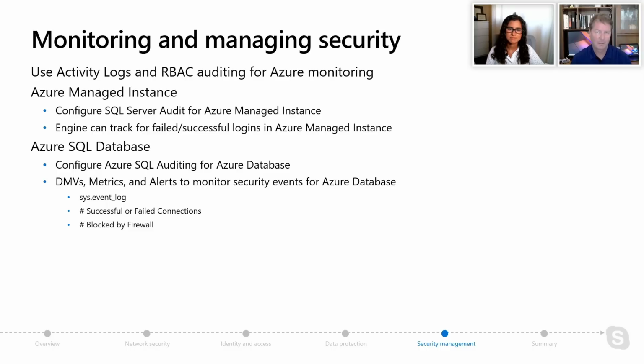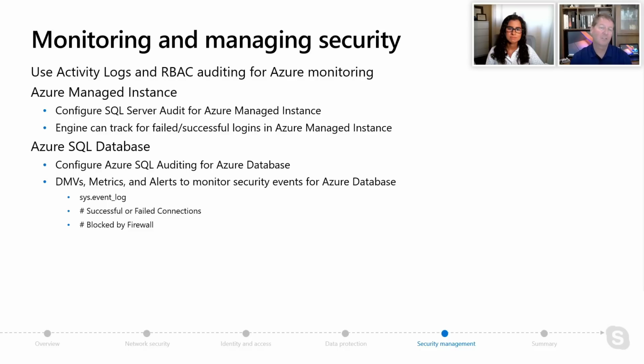Now, in addition, when we built SQL Azure or Azure SQL Database, we wanted to give you some additional things from a DMV perspective. So there's something called Event Log, and in there you can track metrics like number of successful or failed connections, number of people blocked by a firewall. And because these metrics are in this event log, we expose that through Azure Monitor or Azure Metrics. So you get that information inside your Azure logical server, like in the master, or outside of Azure through the portal or by looking at things like Azure Metrics or Azure Monitor.